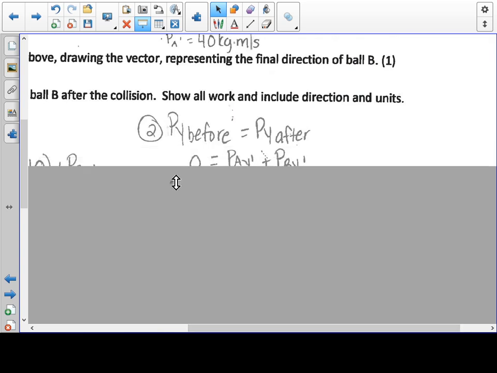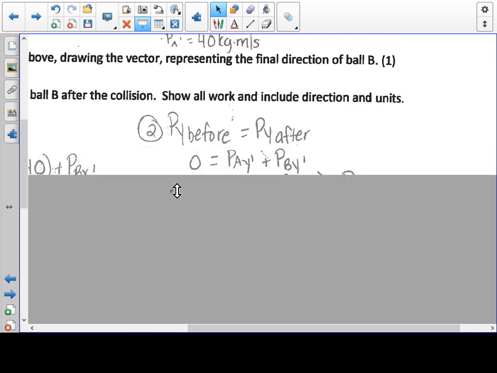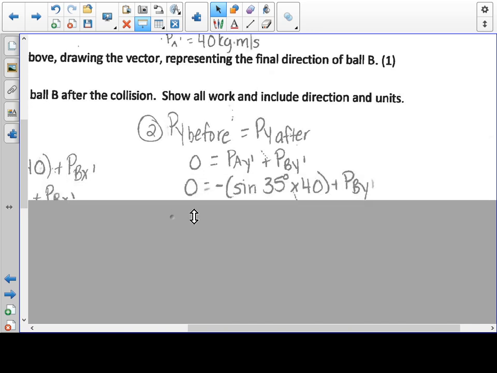Initially, we had absolutely no momentum in the y direction. So from that, we know immediately that the momentum for ball A in the y direction is going to be equal to the momentum of ball B, equal in magnitude but opposite in direction. To find out the momentum of ball A, since it's going down, the negative there is added just to make sure it's the right sign. The momentum of ball A in the y direction is the sine of 35 multiplied by 40, which is our ratio, once again, trigonometric ratio, plus the momentum of ball B,